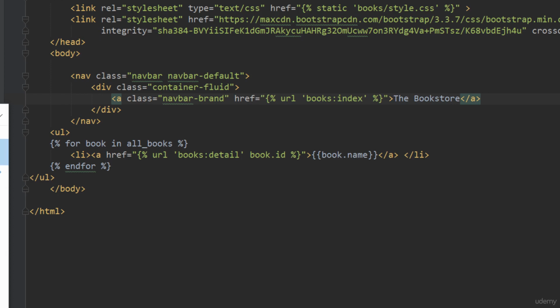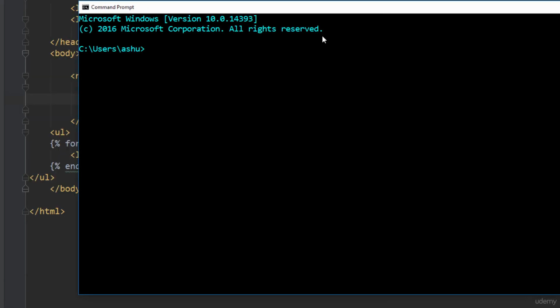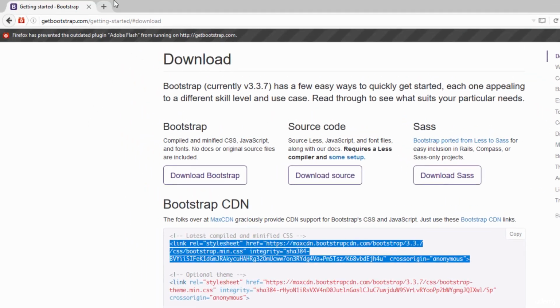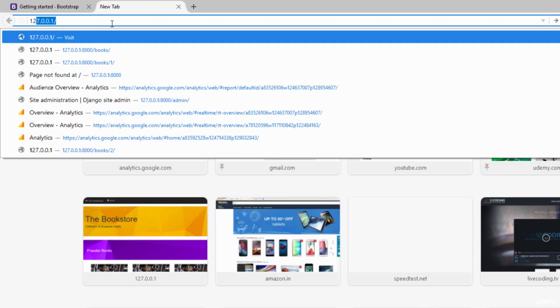So let me open up CMD, and let me quickly fire up my server. So this is cd desktop, cd new site / my site, and python manage.py runserver. So when we open up the web browser, and if I go here and type in